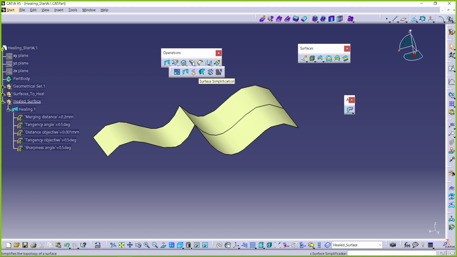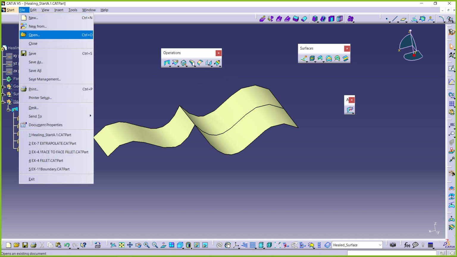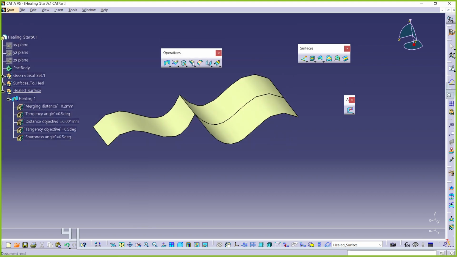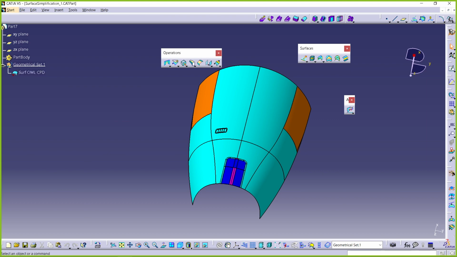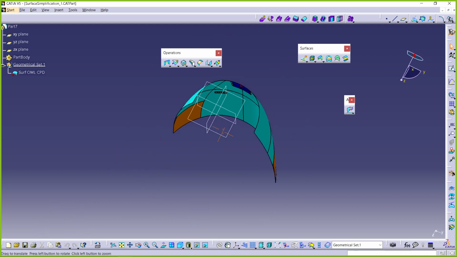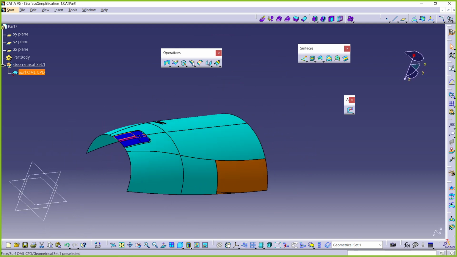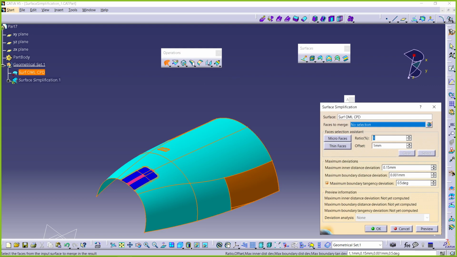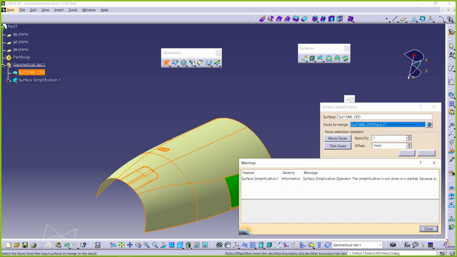Then here it is surface simplification. This is very, very important. Sometimes you get the input in the form of a Class A surface. You will get this type of surface from an isolated surface, and in that surface a lot of surfaces are involved. You can see here 1, 2, 3, 4, all these are involved. If you want to make it a simplified surface, you just go to surface simplification, select the face to merge and preview,